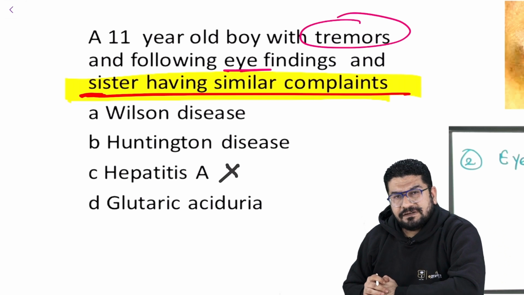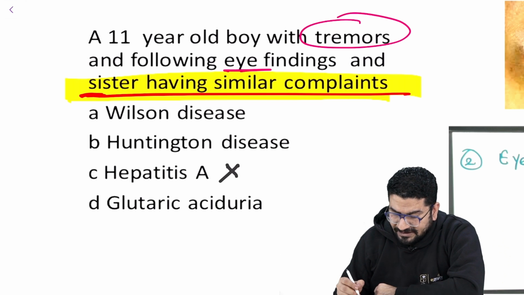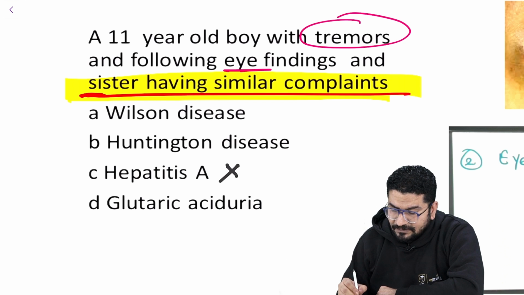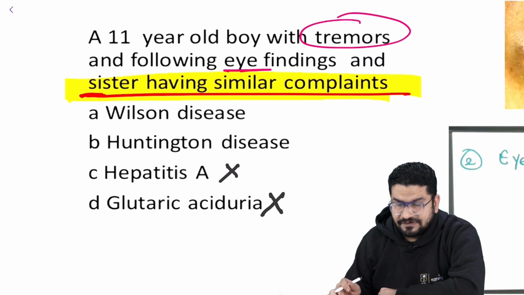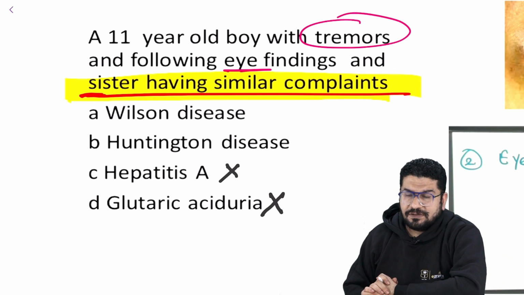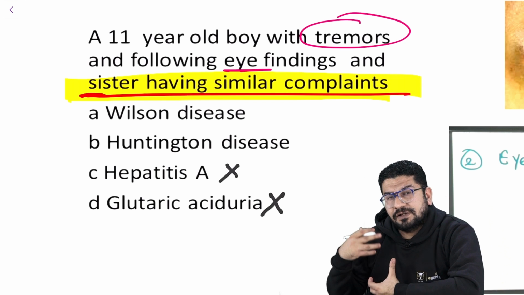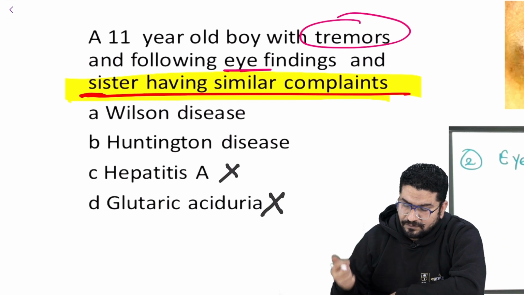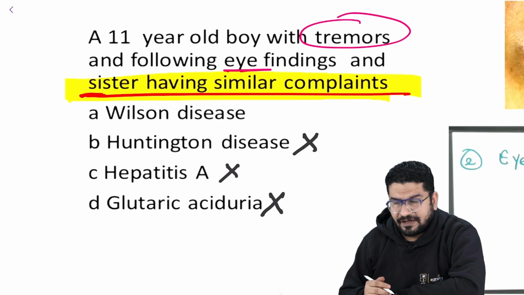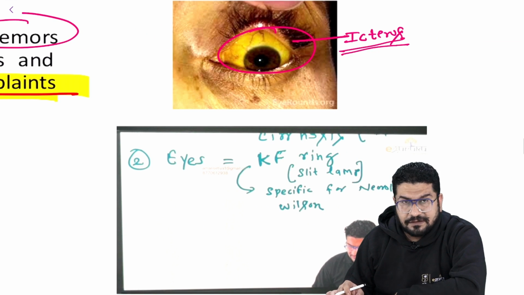Glutaric aciduria is a rare condition. So maybe there is some genetic component here, but remember the more important thing is that this is a condition where you will not see the classical icterus. Huntington disease will have more involvement of the neurological structures. There will be more chorea. So again, by this family history and tremors you can see here,